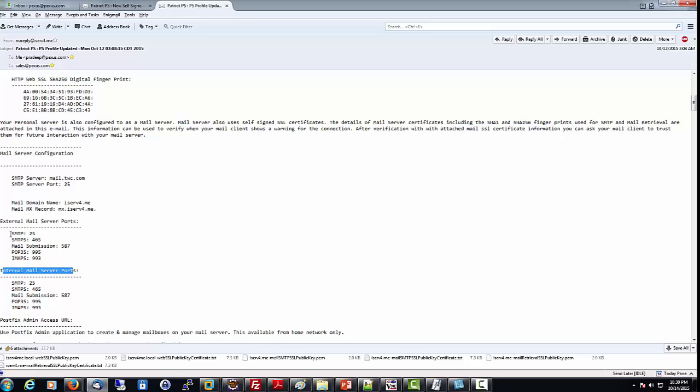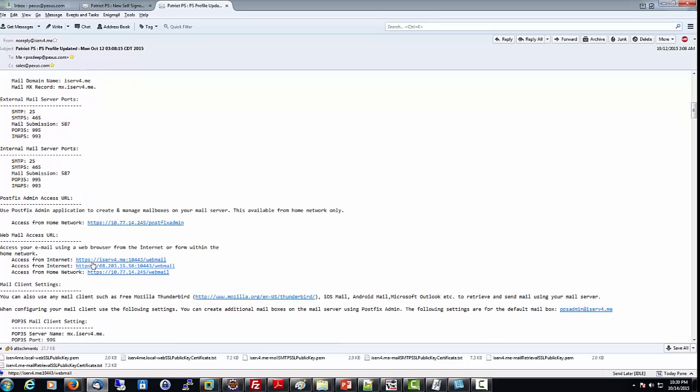So you would use this information to configure your router to do the port forwarding, so that you can access your personal server from the internet, and you can also ensure your mail server is listening to these ports and is accessible from the outside internet, so that your mail server is available on the internet and can receive and